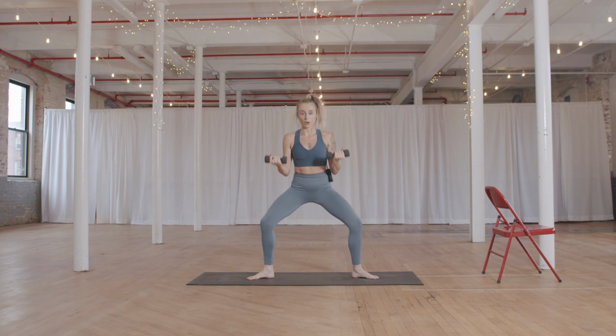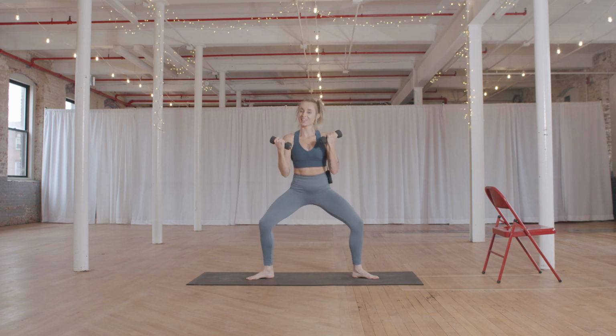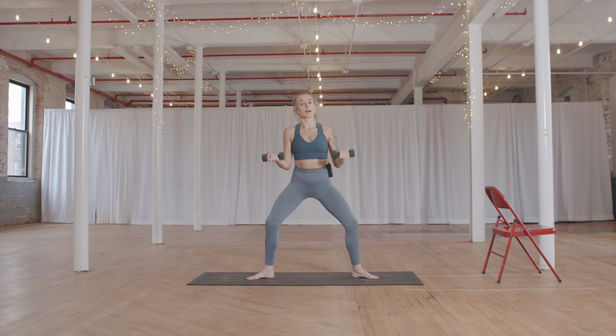So it's dip, curl, lift, dip, curl, lift. So your arms are straight out in front of you, down, up. You're dipping the hips as you bicep curl, dip, lift. Here's 8, 7, 6, stay low the whole time, 5, here's 4, 3, back to that dip side to side, in 2,